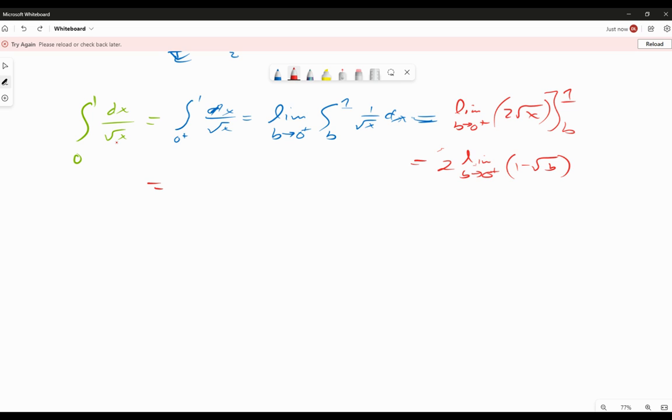And when I plug this in as it approaches from the right, the square root becomes 0. So 1 minus 0. Then we get 2 times 1 here, and our answer is 2. So that converges. Okay? All right. A couple of cool tricks I'll show you later, but that is all that we got for improper